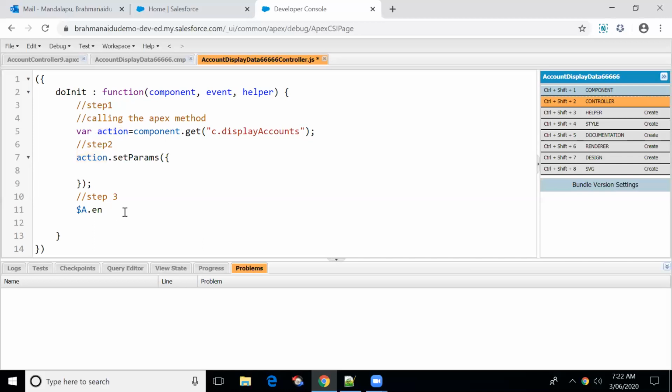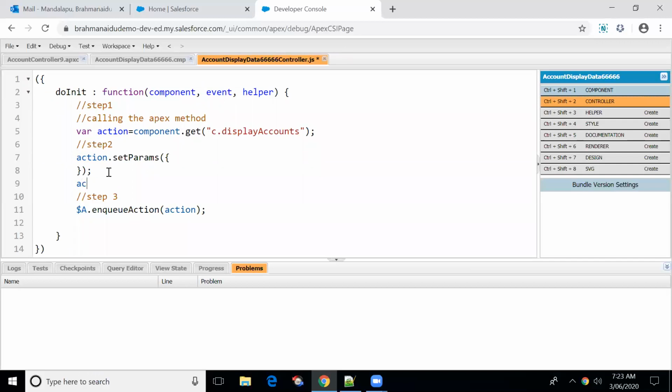Please try to follow the same naming convention, because Lightning is case sensitive, so if you give an uppercase letter instead of lowercase, obviously you'll get an error. So enqueueAction should be followed by the reference variable, action, in the parenthesis. So this is step three. Okay, step three is clear.